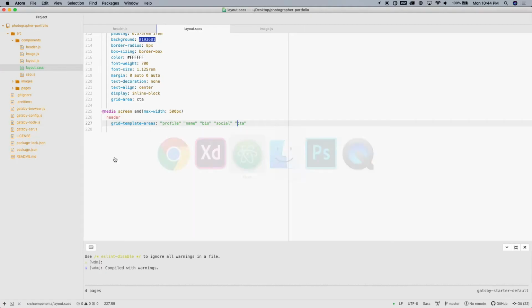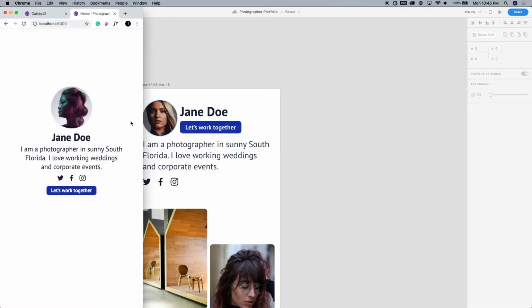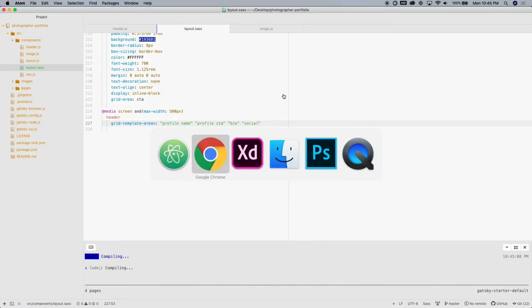Okay, so let's do profile name, and then we'll do profile CTA. So basically this is spanning the 2 rows. This is on the first row and this is on the second row. Then we'll have the bio, and then we'll have the social. Correct. Okay, so if we go to Atom and save this,